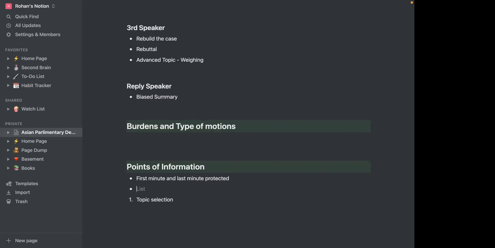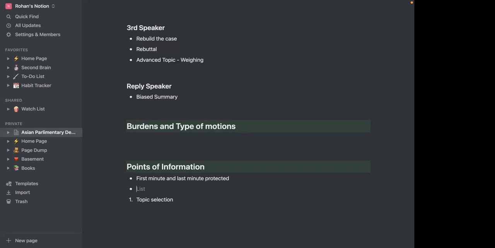Points of information are questions which are 15 to 20 seconds long, which the opposing team can ask you within your speech. They can stand up and ask a point of information, which happens in offline debates. In online debates, this looks like you unmuting and saying point of information, or typing it in the chat, depending on what the speaker prefers. Someone will ask you a point of information. You can either accept or reject it. If you accept it, the person who asked has, actually not 20, but 10 to 15 seconds to ask you a question, and then you have to answer that particular question. And that's basically what points of information are.